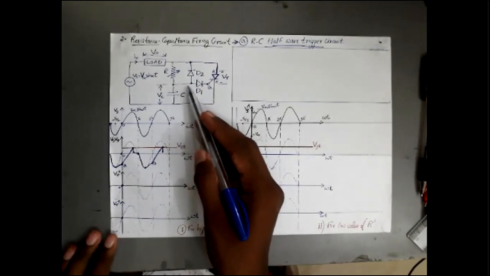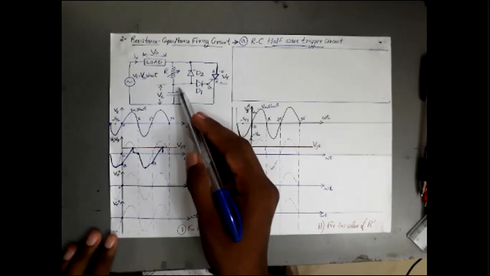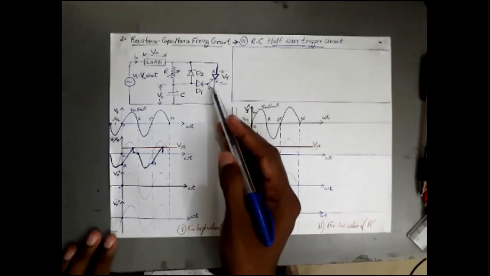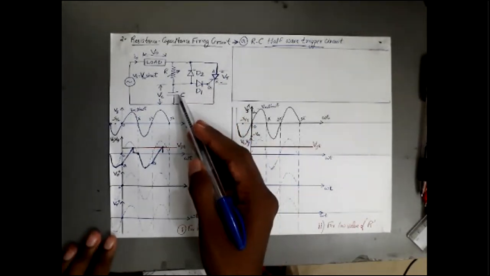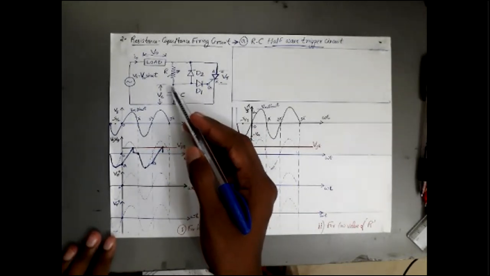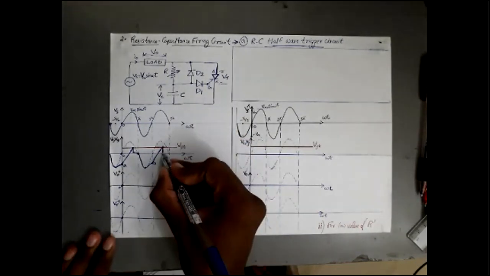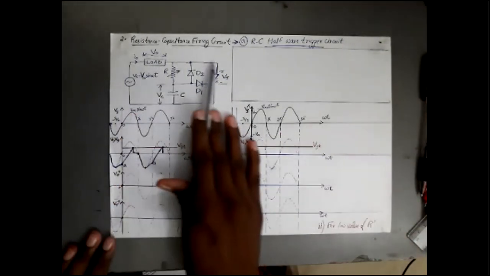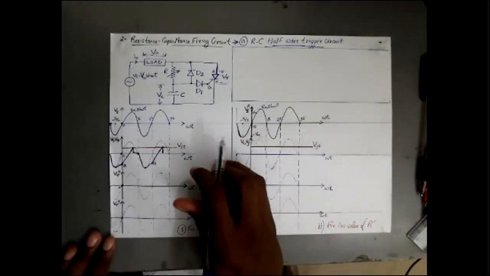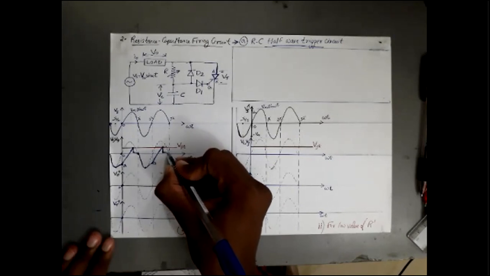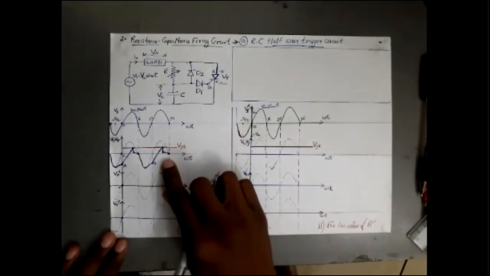Because when my SCR is triggered and starts conducting, current flows through the gate to cathode terminal. Then this terminal acts as a short circuit, and that short circuit voltage, a very low value near zero, appears across my capacitor. So VC drops to a very low value near zero. During that time my SCR is conducting, so I0 will be flowing through this path, and no voltage will be appearing across my capacitor. So my capacitor starts discharging, and it discharges to zero till omega t equal to 3 pi. Hope this is clear for you.